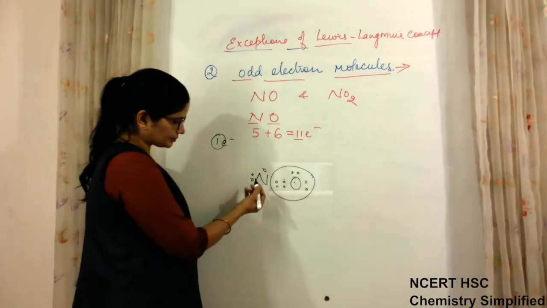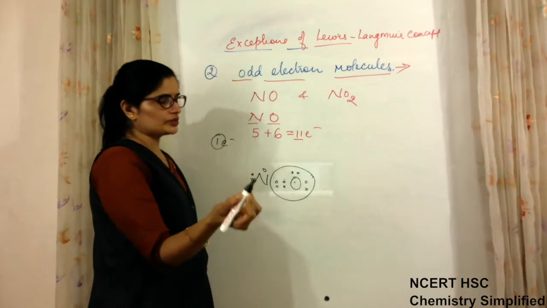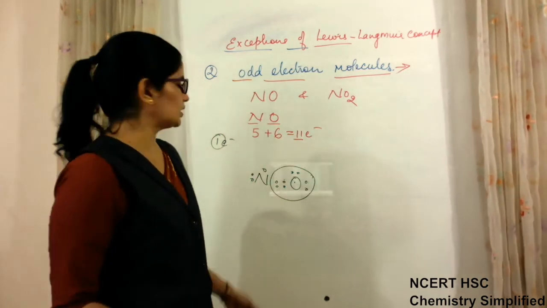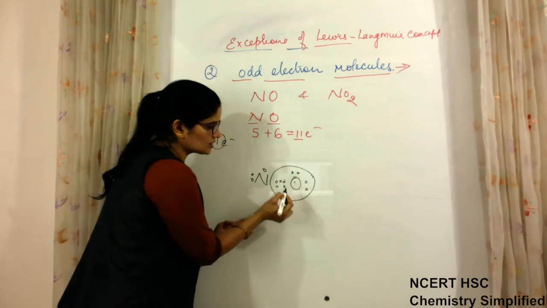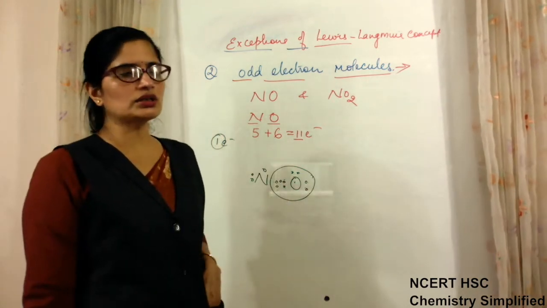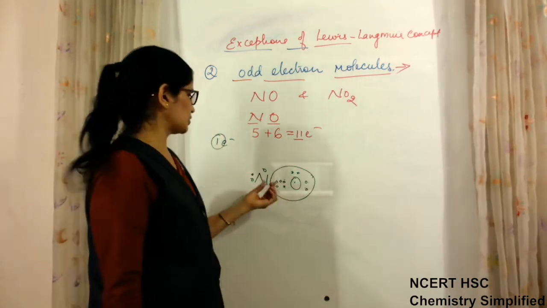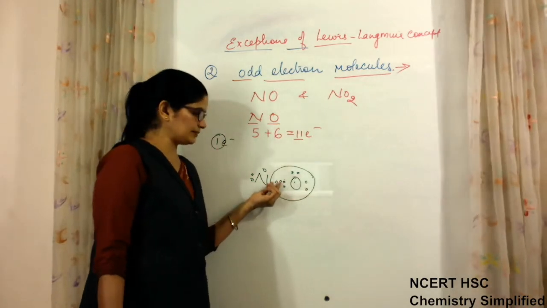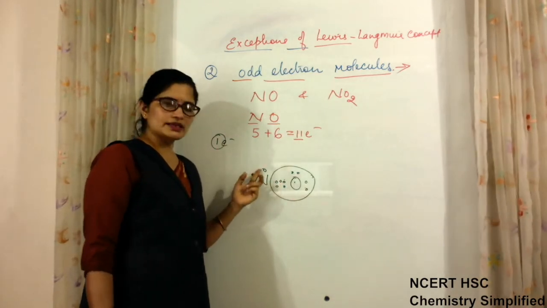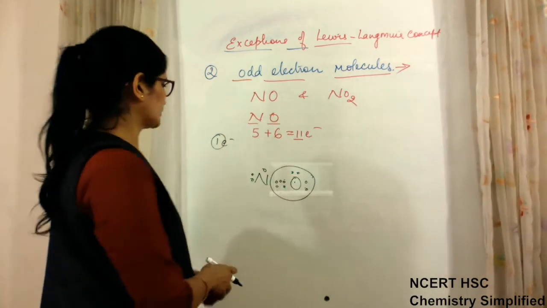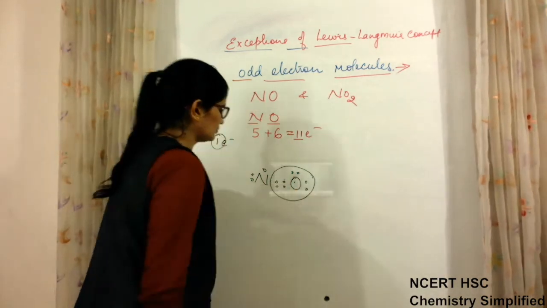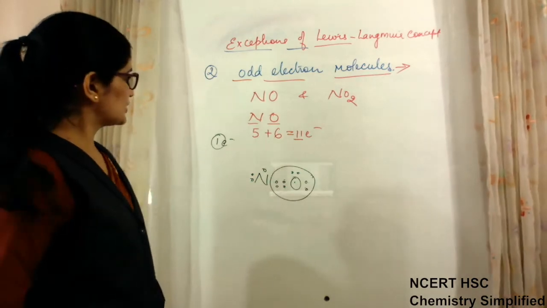In some books, not in your textbook, but in other books, this electron can be shown making this side. This is called 3 electron bond. So that is also not wrong if it is placed this side, and if it is placed this side, it is the more accurate way to show it. So this is one example.